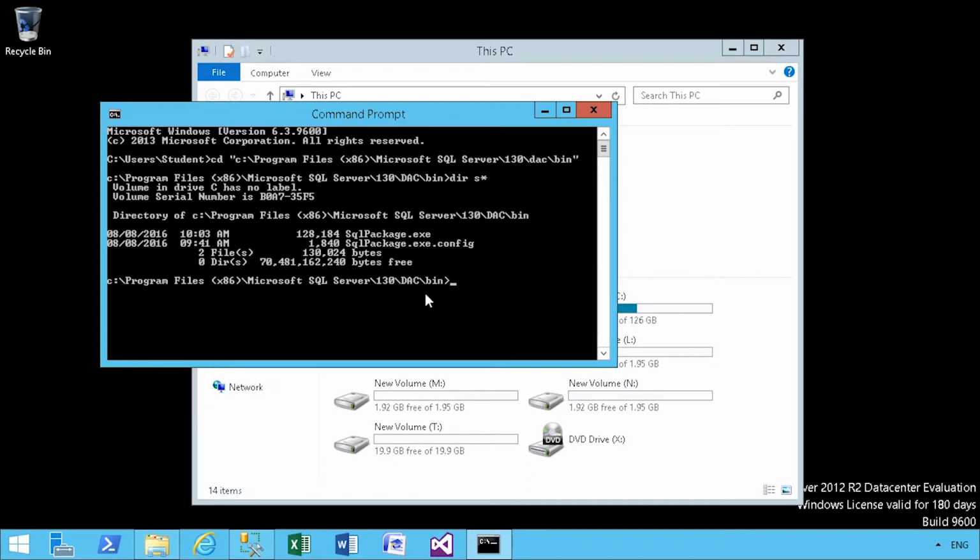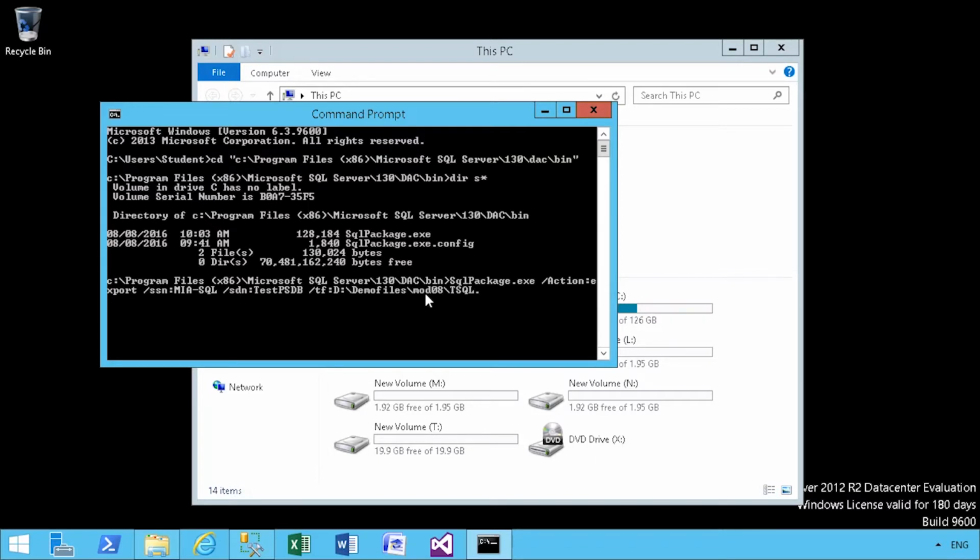So what we're going to do is enter a command here, SqlPackage.exe. The action we're going to do is export. The source server name is Miami SQL. That's the name of our SQL server. The source database name is test.psdb. That's the database where the data is that we're going to pull from. The target file where we're going to save the output is going to be our D drive, demo files, mod 08,